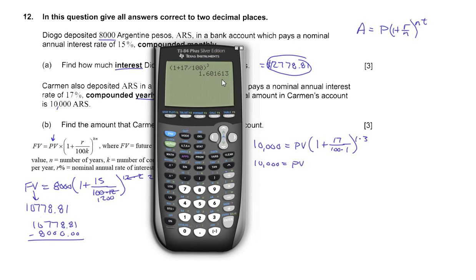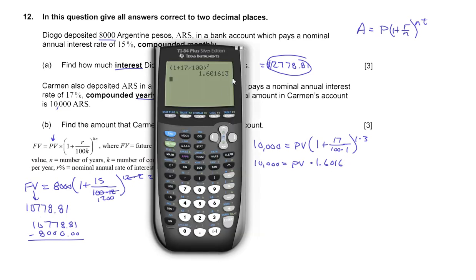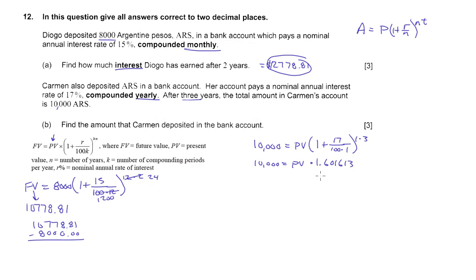Here's what I would do if I were you, because usually it's best to not round until you're all done with your problem. So I'm going to leave that 1.6016 times 1.601613 in there, right? And we want to end up, to figure out what PV is, we got to divide